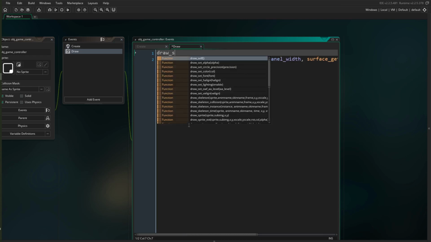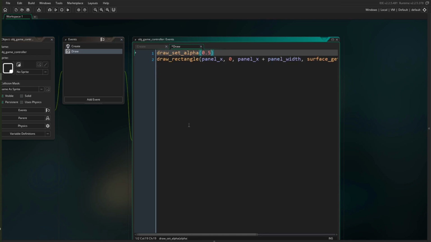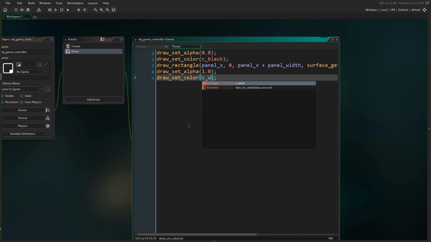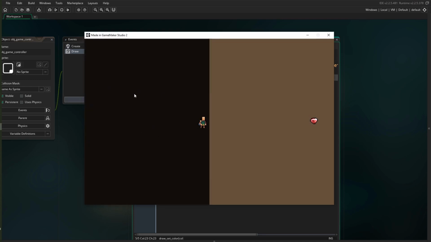And let's go ahead and draw set color. Oh, let's do the alpha too. Let's set that to 0.8 and draw set color to black. All right, let's make sure we set everything else back. So 1.0 and set this to white. So if I go ahead and run this, you'll see that we have our panel showing up on the left